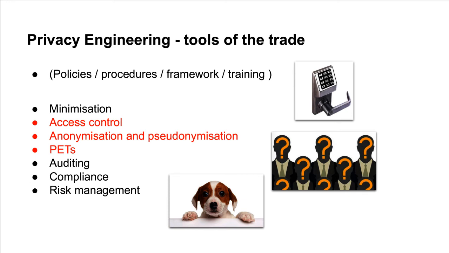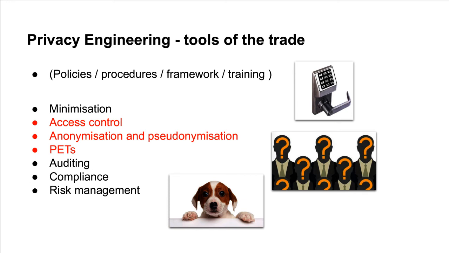First of all, we can bring in minimization. It's a very simple technique. It means that, unlike the previous example where we saw whole colleague databases copied from one system to another, when we make use of information, we use only that information that we require. So in database terms, we're looking only at the rows we're interested in and the columns we're interested in. It's a simple technique, but actually it's not used as much as it should be.